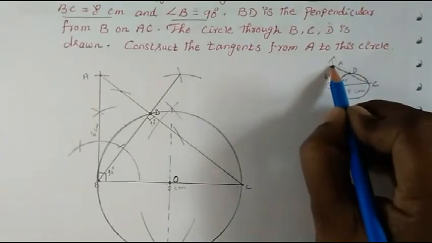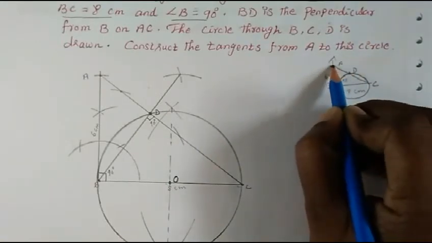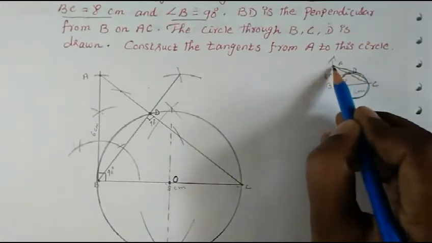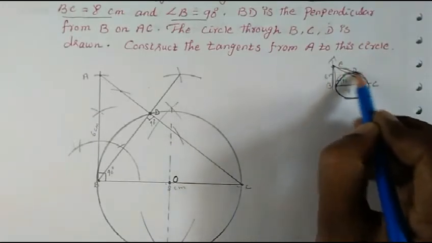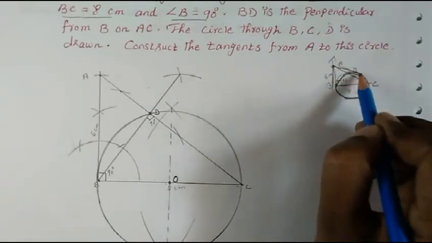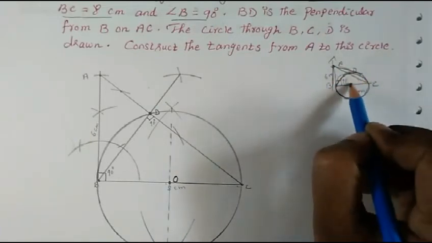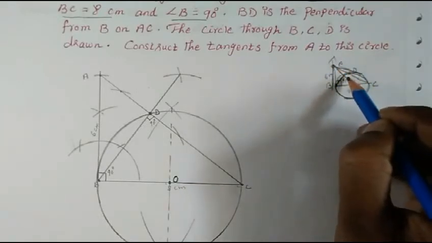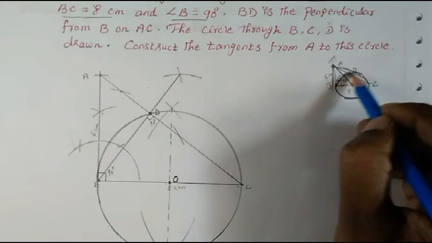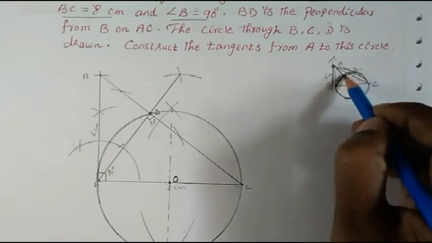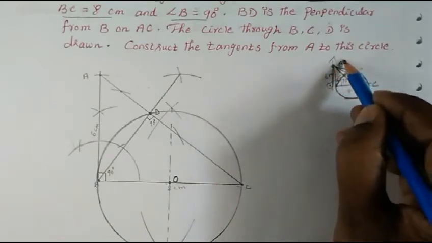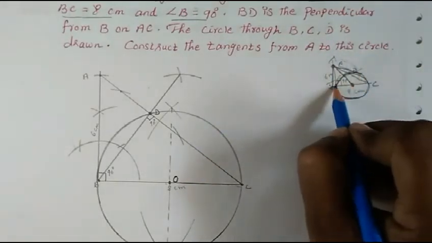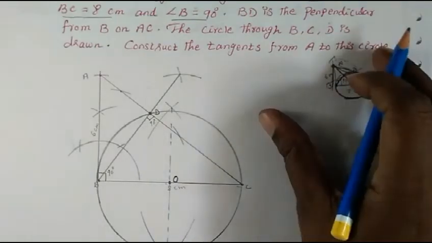Okay, now point A is here. So from point A, for this circle, we have to draw the tangent. To get this point, where we have to draw the tangent, what we will do? From A to the center, we have to draw a line and then find the midpoint, keep this as center and draw another circle which will intersect this circle. That point we will join with A. I hope it is clear to you.